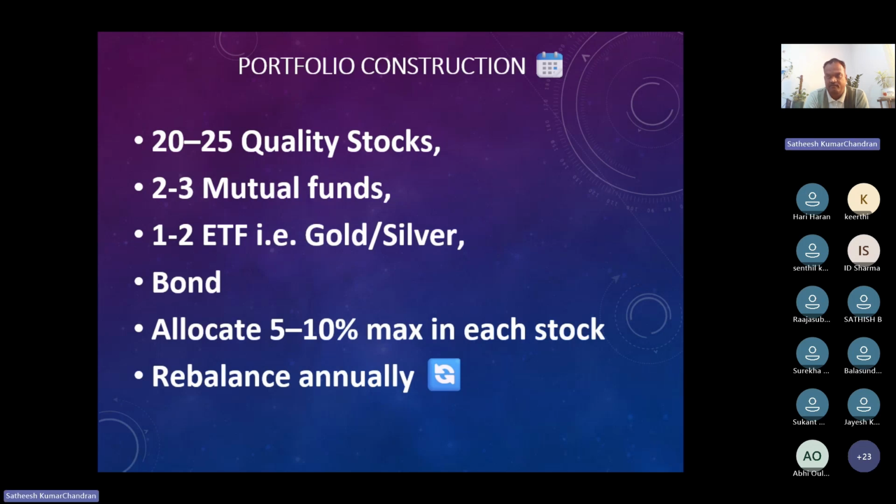If we are not balancing or trimming, buying more or selling less, or selling more or buying less, then it shows that we are not balancing the portfolio. So we have to have 20-25 quality stocks. We may have 100 stocks in the portfolio, but concentration should be